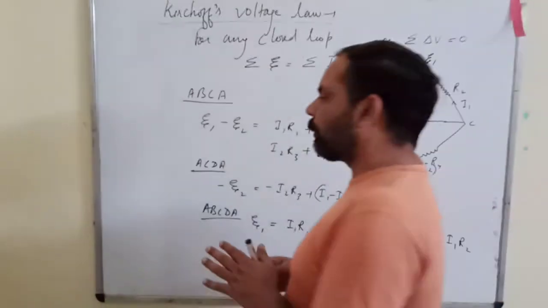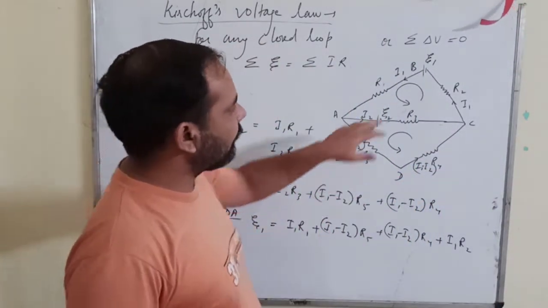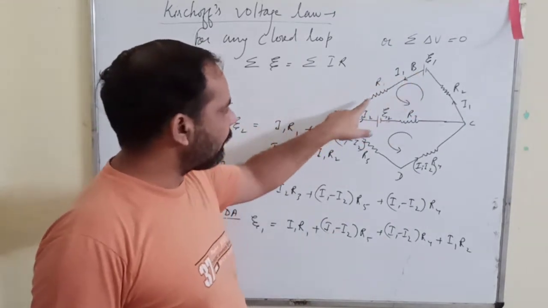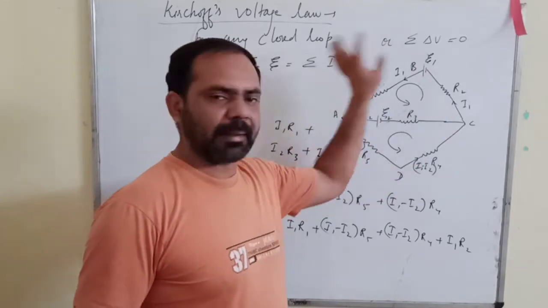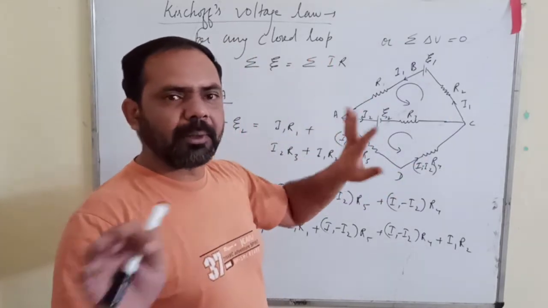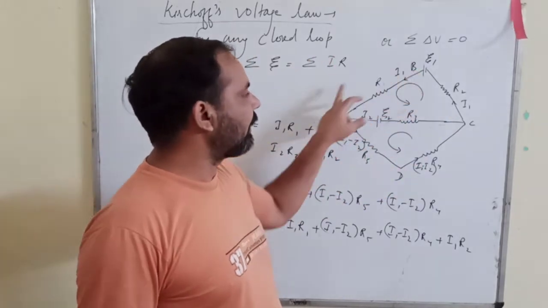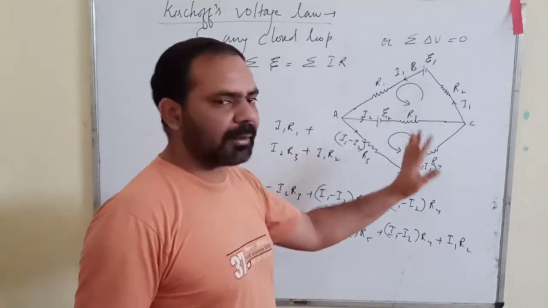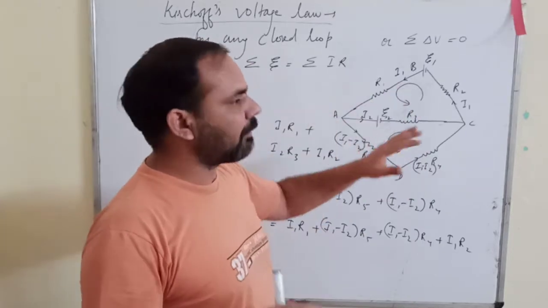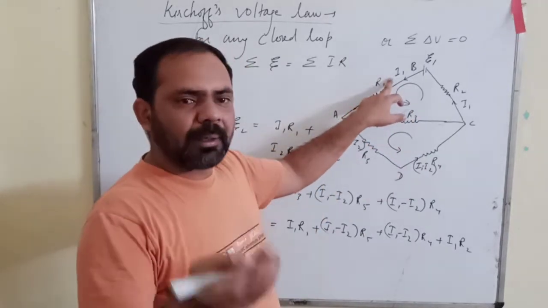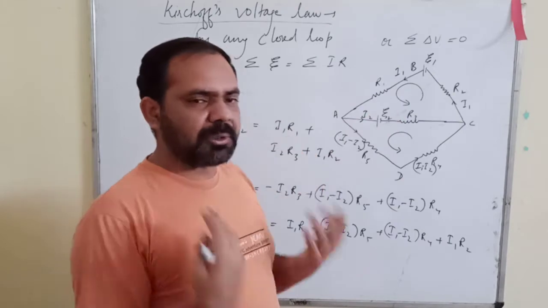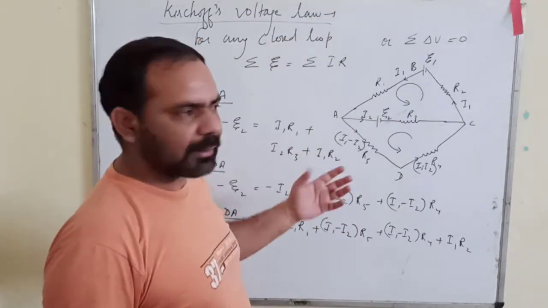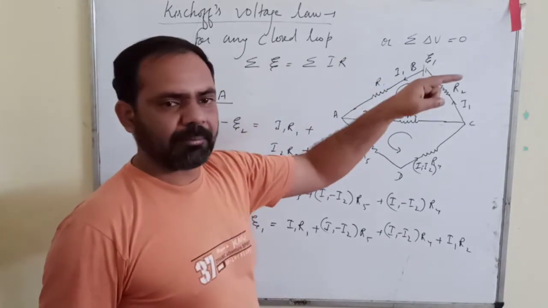Okay, means I want to just tell you that you simply mark the current in your own way. I have started from here, then like this. I don't know exactly whether the current is flowing from B to A. Is it true or not? I don't know exactly that, but I have simply marked the current. If I have chosen the opposite direction, then ultimately when I solve, I will get I1 as a negative value.